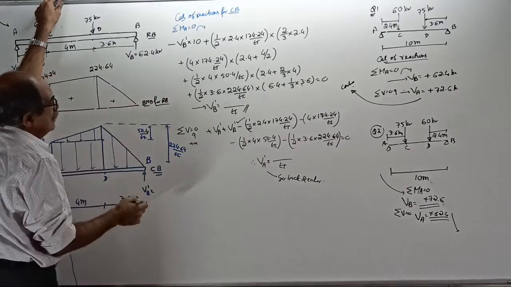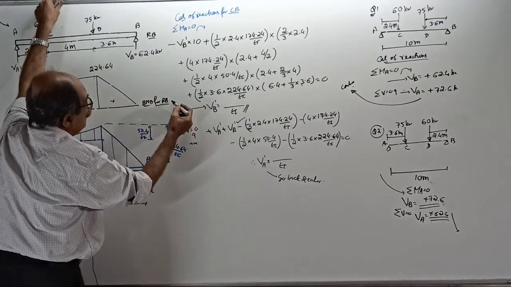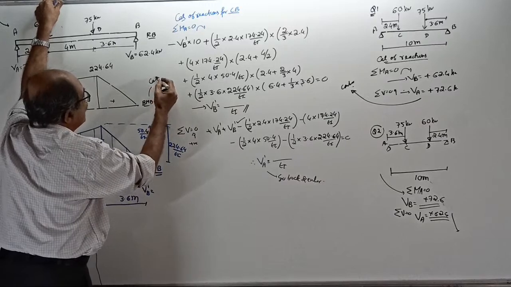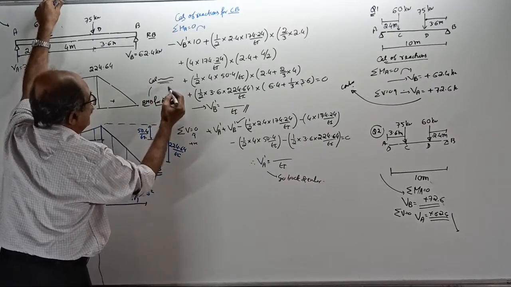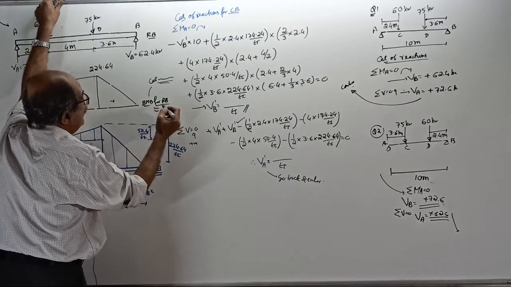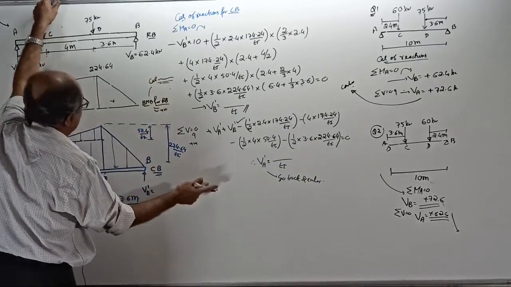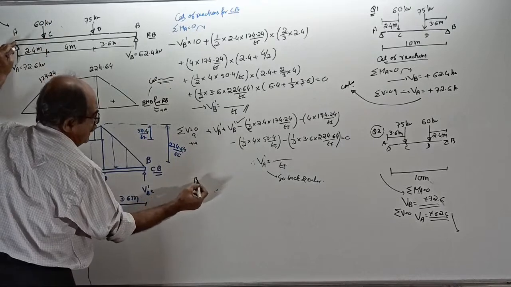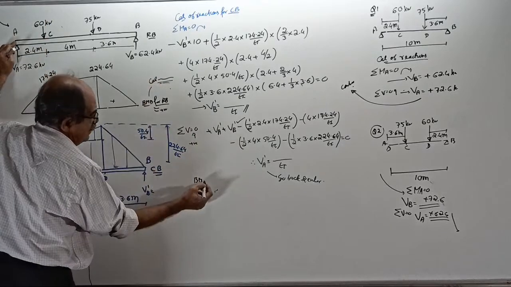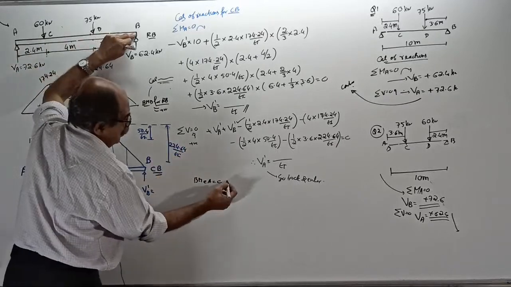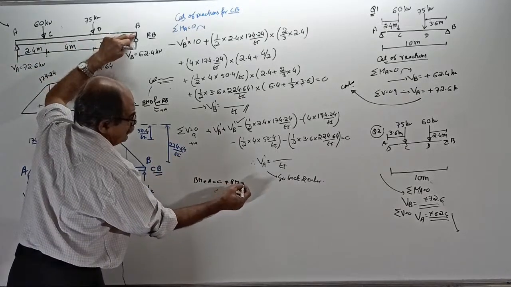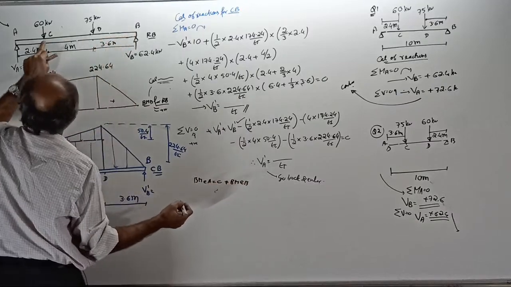Now, those who want, I will show the calculation here, sagging positive. Okay, there is no place there, so I will show the calculation here. BM at A, you should write here: BM at A equal to 0. Look at that side, it equals BM at B. Both questions are the same. Then BM at C